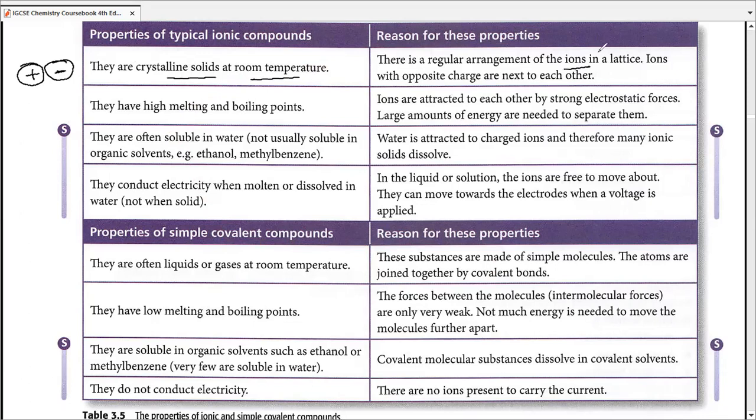So they resulted in producing crystalline solids at room temperature. We call them ions, and the structure is known as a lattice, as ions have opposite charges and they are next to each other. So the resulting structure is strong, hence solids. On the other hand, simple covalent compounds are often liquids or gases because they are made up of simple molecules and the atoms are joined by covalent bonds, such as water, which is formed by 2 single covalent bonds